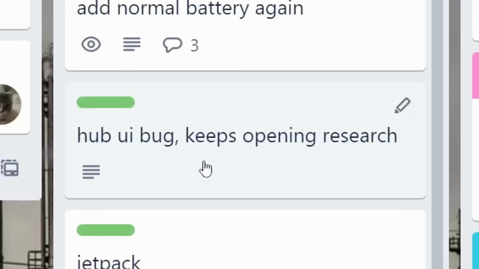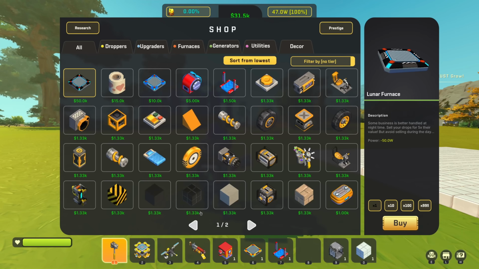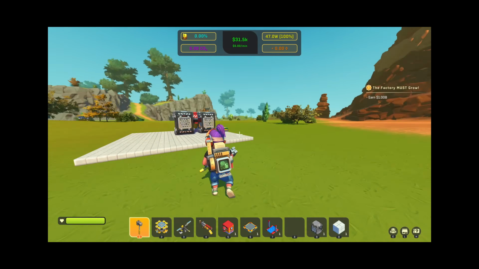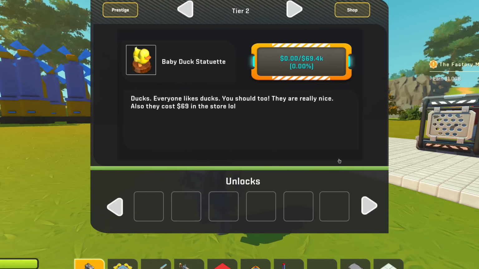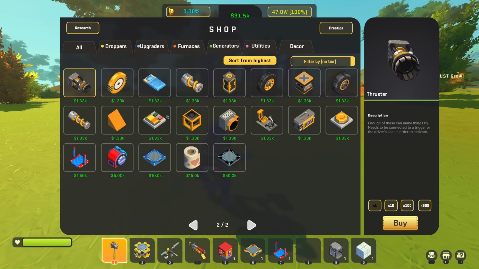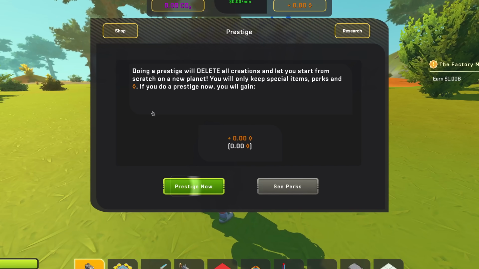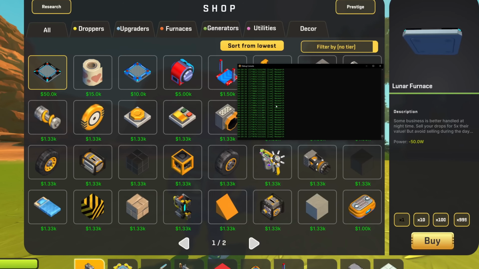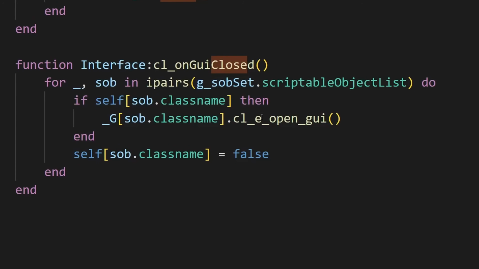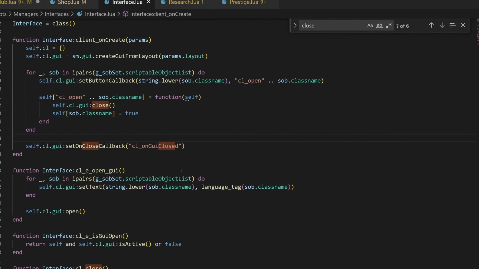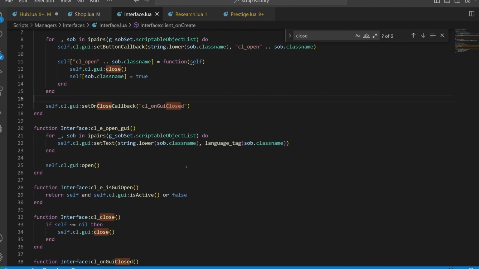Here's another annoying bug. So we opened the store page. Now, when I press L, the button to open this thing, to close it, that just sounded super complicated. But anyway, now if I open this thing again, we open the research tab because that was the last menu we had opened. Now we hop into the shop, I press L, and we keep opening. This just prints research in chat currently, which means it thinks the research interface is open, but the shop is open. You think if you do smart code like this, you're actually smart, but the problem is everybody has a really hard time understanding what is actually going on, so this is why you comment stuff.